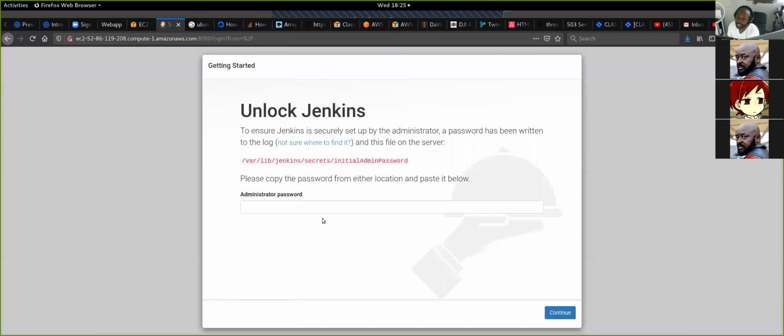So now we have access to our Jenkins server through port 8080. Okay. So what we did was we set inbound rules so that it will accept traffic routed through that port from any location. So now we're here at Unlock Jenkins. This is a one-time thing, and it tells you here you have to get the admin password from here, right? So you need to open this file up on the server to get a password. So we just copy this here,